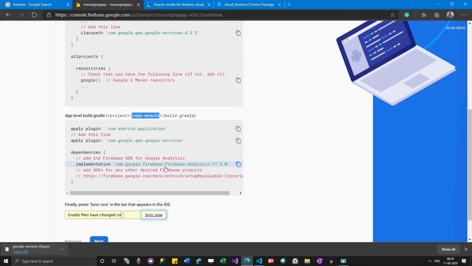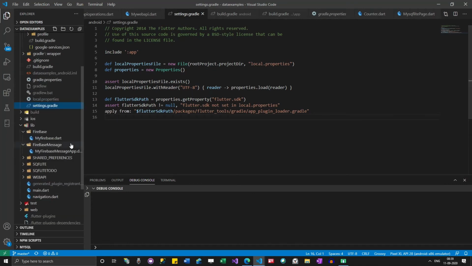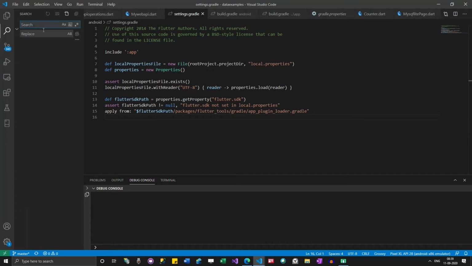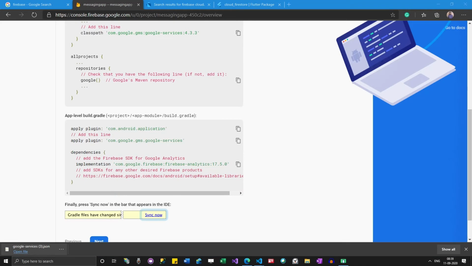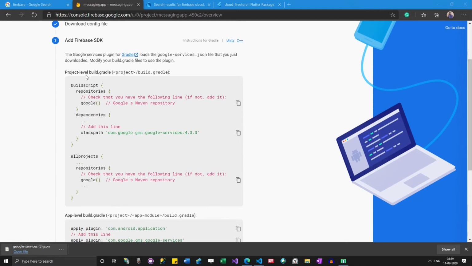So let me do one thing. I'll just search it in my app. So this is the existing app which I developed, right? I'm just going to click this search and then search where I have actually made the changes. Okay, it looks like I haven't included these changes in my practice app also. Okay, so app module.